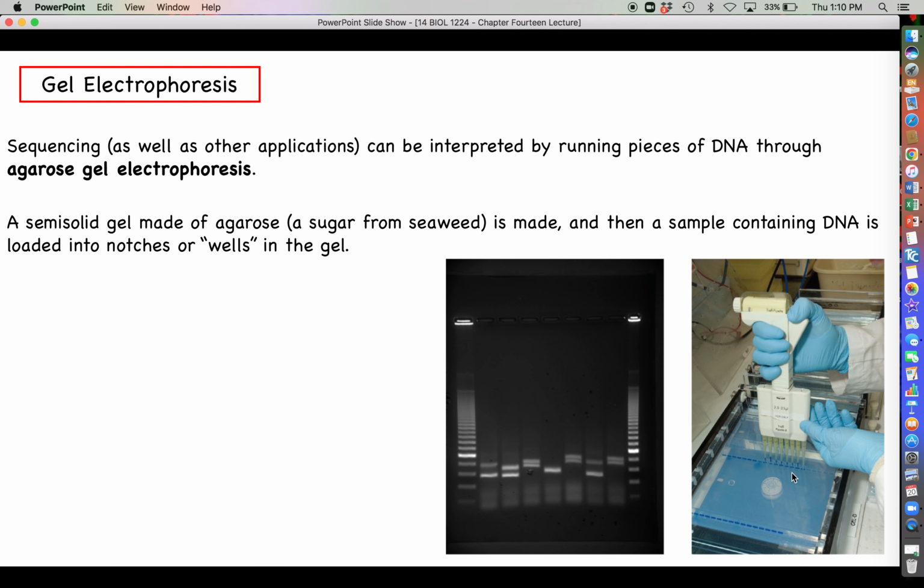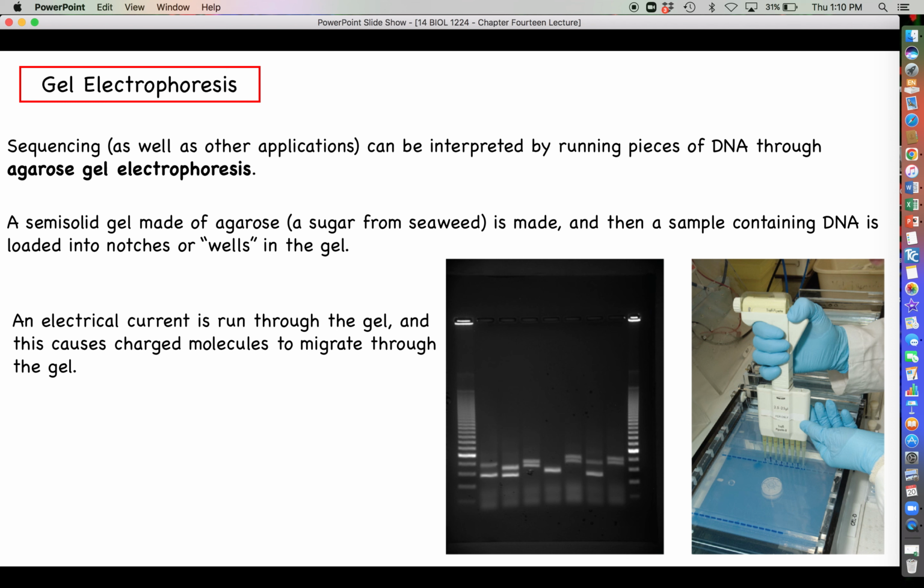You can see where the DNA is being added with this multi-channel pipette here. So basically, you line all the DNA samples up at the same point, very much like how runners in a race all line up at the starting line at the same time. And then what you're going to do is run an electrical current through the gel,